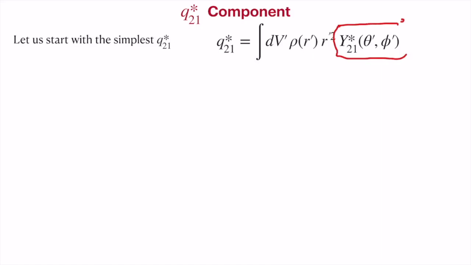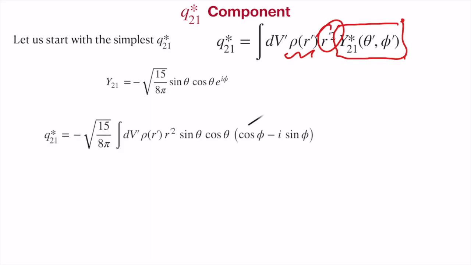This you can get by integrating with respect to the function y21. R square is a conventional and the density function. If you look at that, y21 spherical harmonic is not real. We have a cos theta, sin theta, and so on.